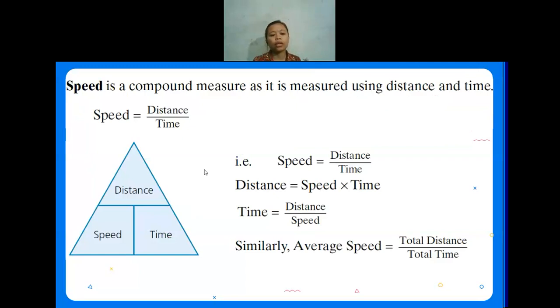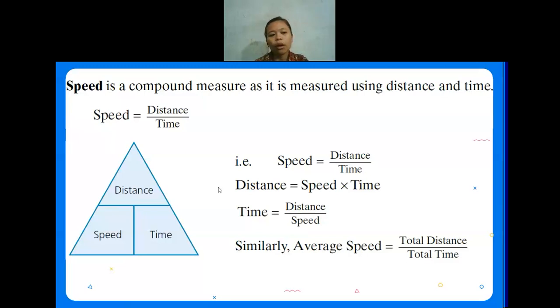So here, for the speed, we already have a triangle that has distance, speed, and time. This triangle helps you memorize the formula. If I want to find the speed, I just cover the letter for speed. The leftover will be distance, with a line between distance and time, so speed equals distance divided by time. For time, it will be distance divided by speed. But if you are going to find the distance, since speed and time are on the same level, distance means speed times time. Is there anyone who is confused? I think no one will be confused because you also have it in physics class.